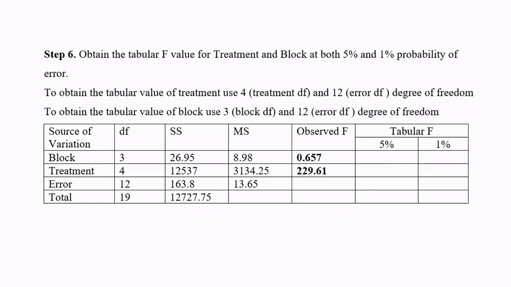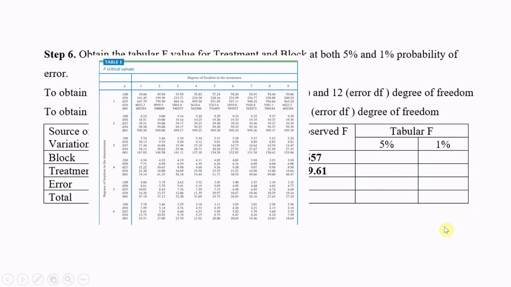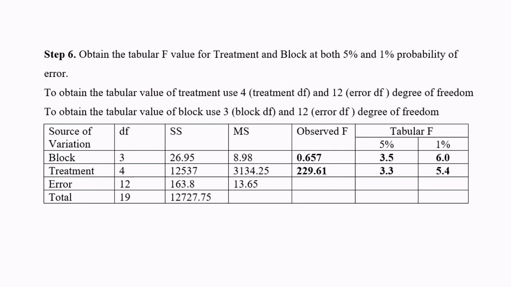So now you have filled a table in which you have written the different degree of freedom, sum square, mean square, and this is your obtained F value. Now you need to compare this obtained F value with the tabular F value. You can find this table in any statistical book, and you can write the tabular F value here. You need to use the degree of freedom to obtain the tabular value, and after writing the tabular F value, you can compare the observed F value and the tabular F value.